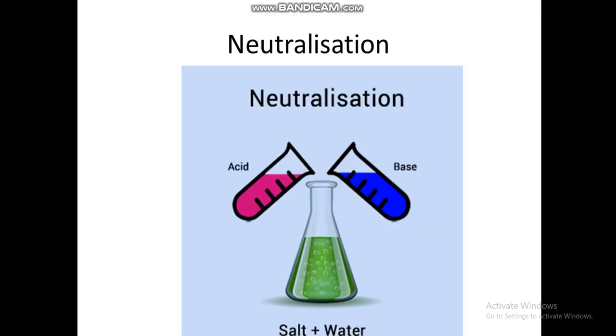So next is very important, that is neutralization. So what is neutralization? Neutralization is the reaction in which acid and base react together and form salt and water. When we mix acid and base, the acid cancels the function of the base, and the base cancels the function of the acid. So the things get neutralized, and at the end of the reaction, salt and water are formed. So the neutralization definition is that reaction in which acid and base react together and cancel one another's function, and it is known as a neutralization reaction.